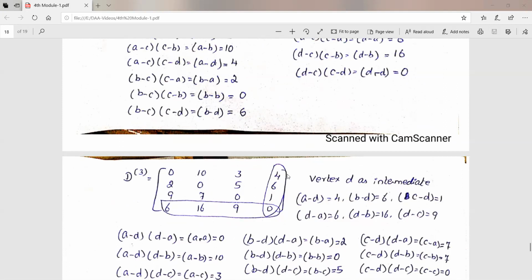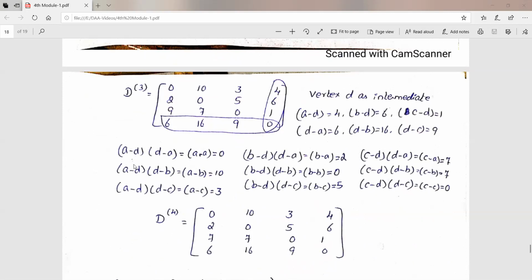So here also the same thing we have to do, that is we have to consider vertex D as the intermediate and then take all the values we are having in the fourth row and fourth column and then use the D as the intermediate vertex and then try to find the value for Ij. Okay, so here that is AD. Using this AD we are having DA, DB, DC, and using this BD we are having DA, DB, DC. Using this CD again we are having DA, DB, DC. So here we have taken the ij value. Okay, and then update the values in the matrix.